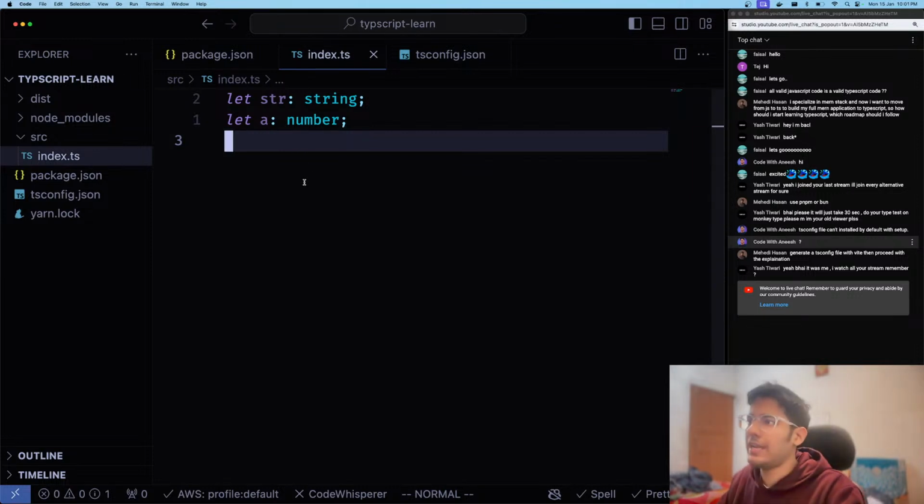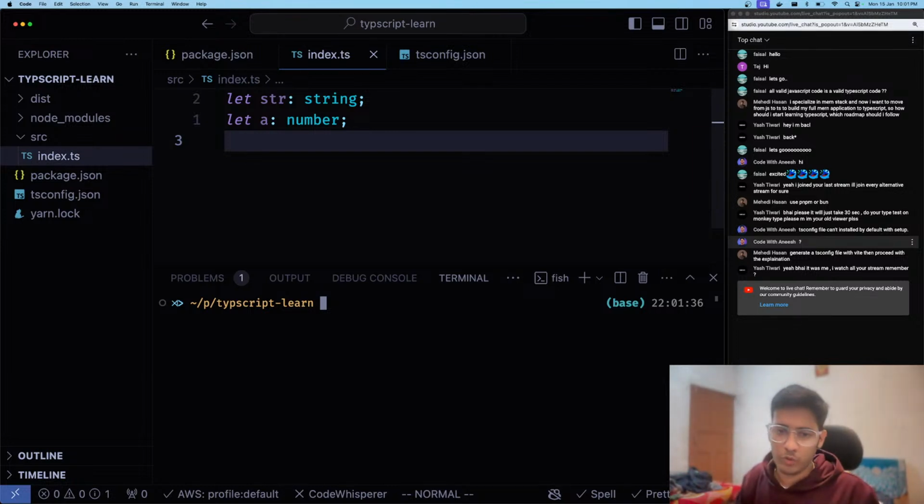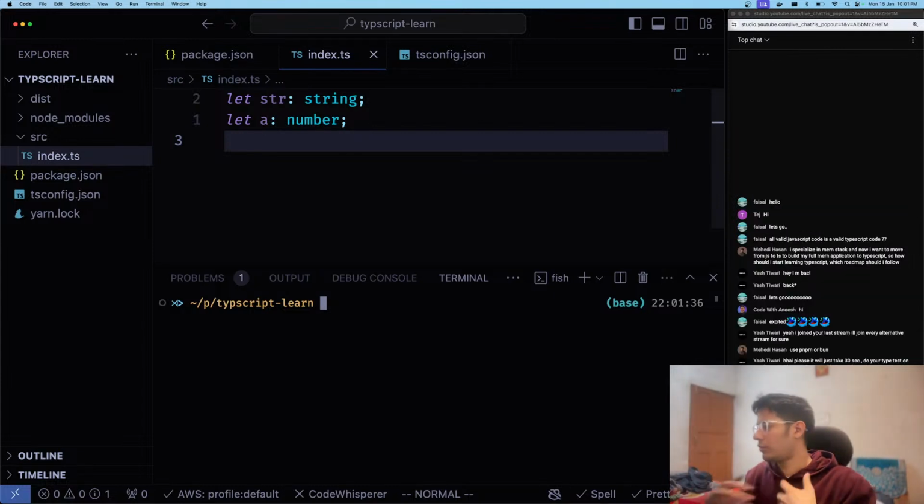Okay, so now if you see, every time while you code, you code and then you run the code. That's a very annoying process, right? What you would want is that whenever you code something and you click save,